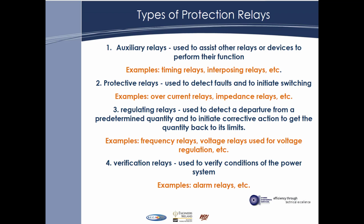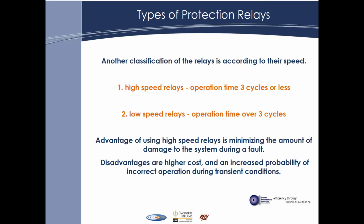Verification relays are used to verify the conditions of a power system. An example of this would be alarm relays. Another classification for relays is according to their speed. We have high speed relays, where the operation time is 3 cycles or less, and then we have low speed relays, with an operation time of over 3 cycles. The advantage of using high speed relays is minimizing the amount of damage to the system during a fault. The disadvantage is that they are of higher cost and there is an increased probability of incorrect operation during transient